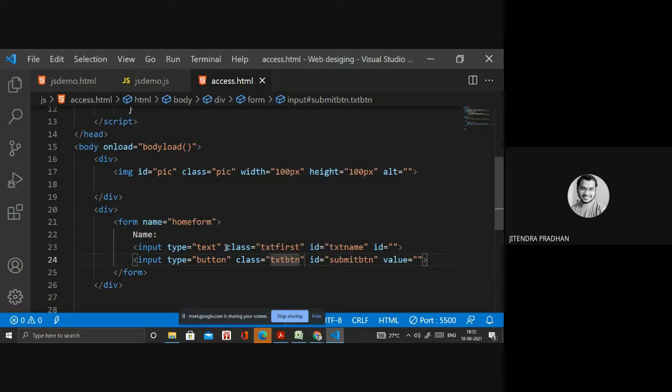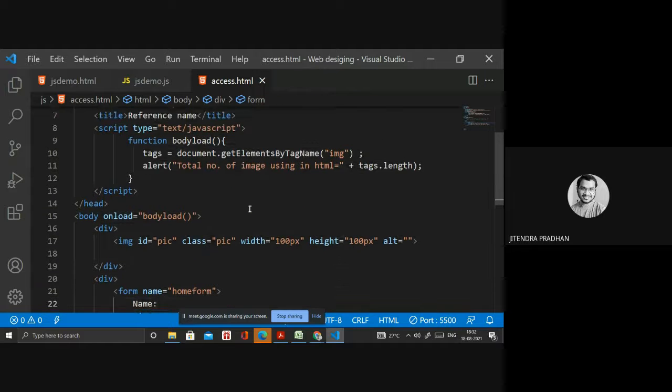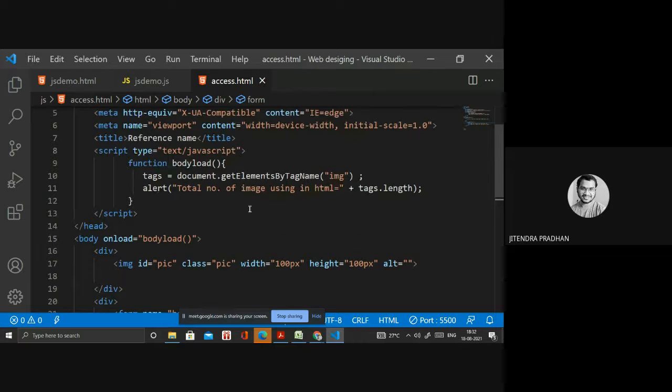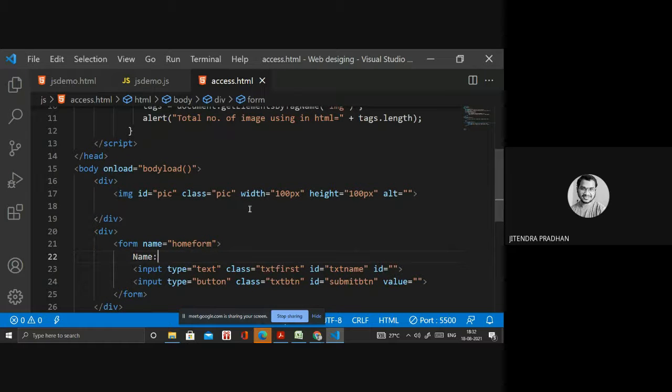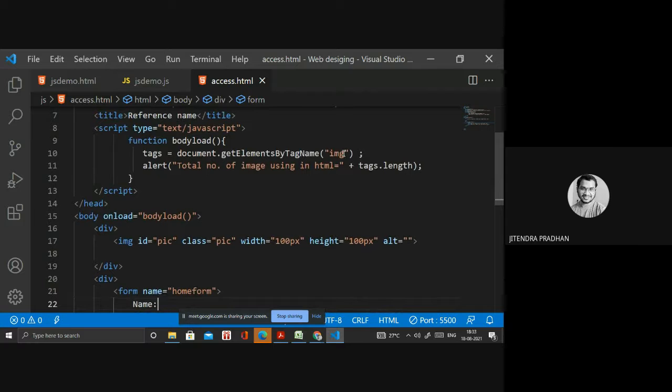Okay, it's my class name that I'm using inside that. So let's see how we can access that one. I also need to write some CSS inside that. Image, yeah. I will show you how we access that image also.